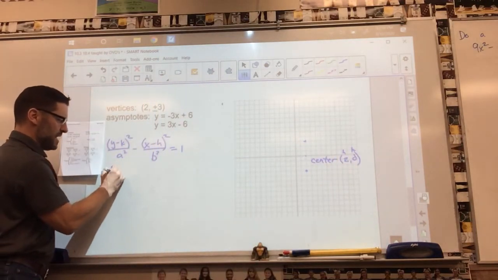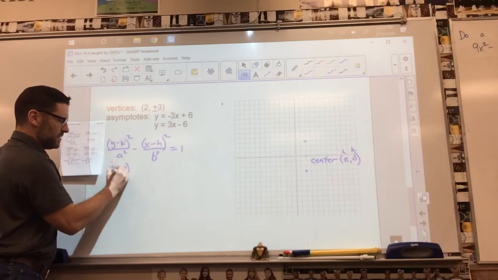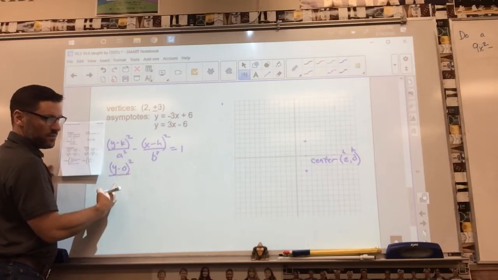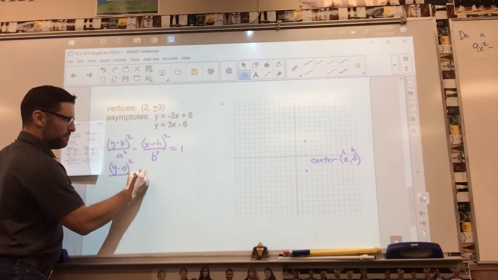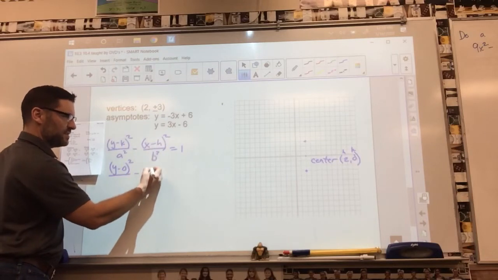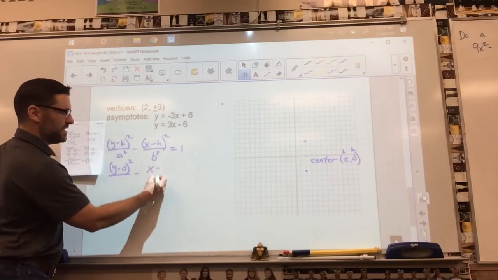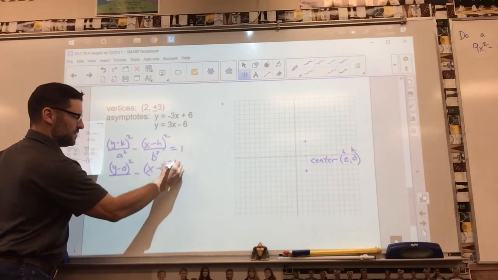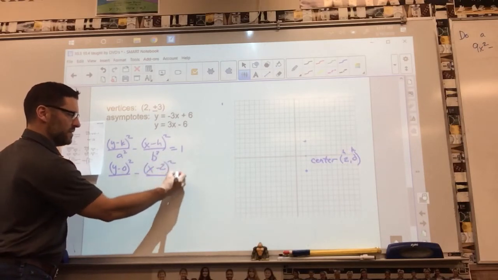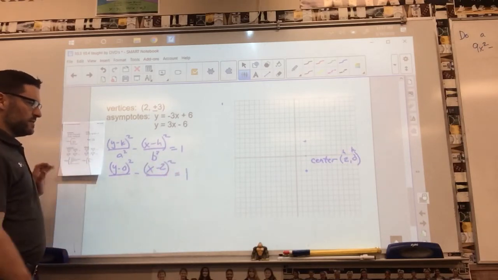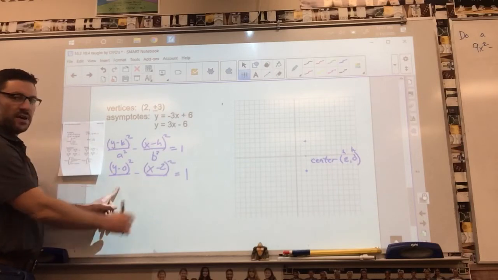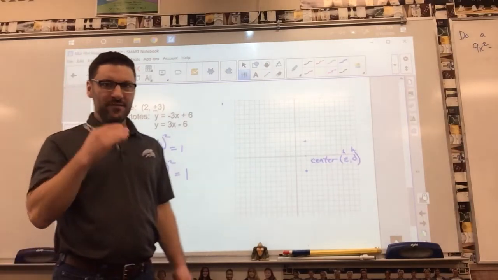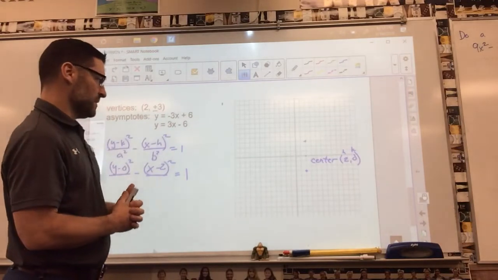It becomes y minus 0 squared over some a squared value, which we don't quite know yet, minus x minus h squared, so it's x minus the h value, 2, squared over some b squared value, which I don't quite know yet either, equals 1. And if I can plug in those two values right there, I'll have the equation of what I'm looking for. So center,